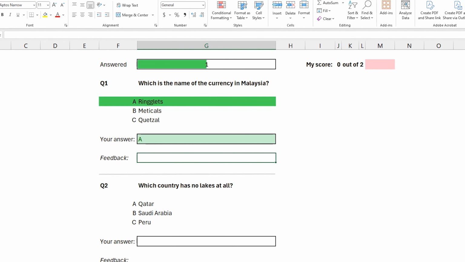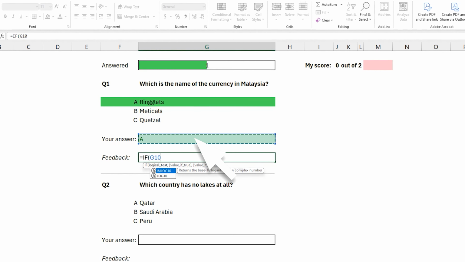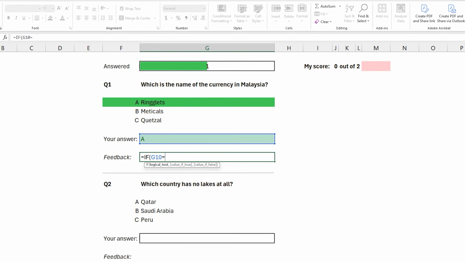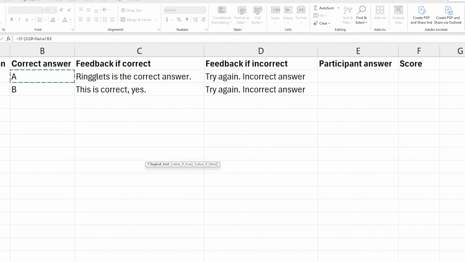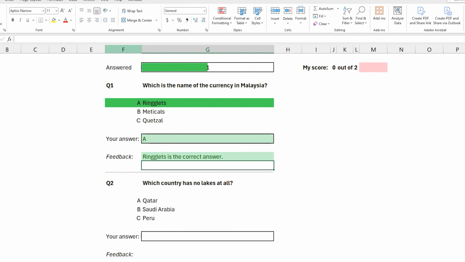So here we can put a formula saying that if this equals to, and then without pressing anything else, we go with the mouse to the data and select this one. The value if true will be feedback on the correct answer. If the value is false, then we can add, I don't know, incorrect answer, and close parentheses, and that's it.